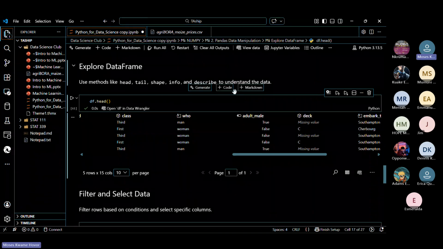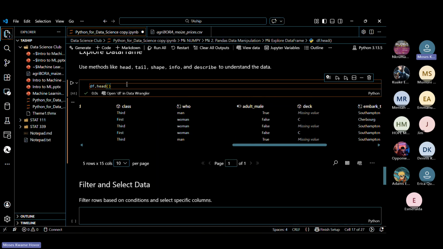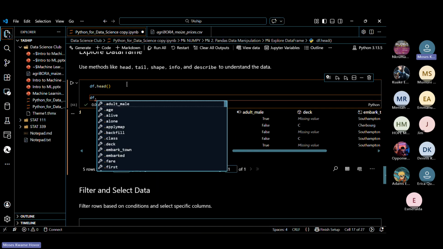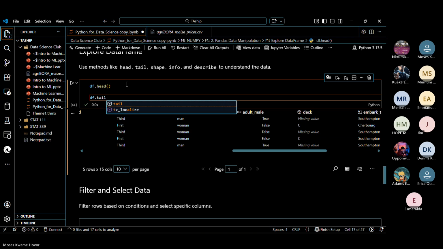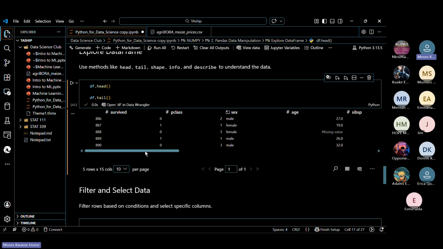And similarly, if you want to find the tail, which is the end, the last rows, you can just do df.tail. And that also gives us the last rows. As you can see, it is from 890, 889, 888, 887, 886. So these are the last rows of our data.